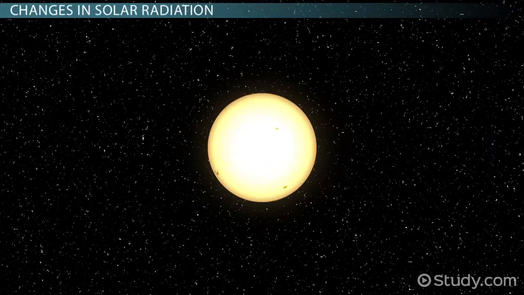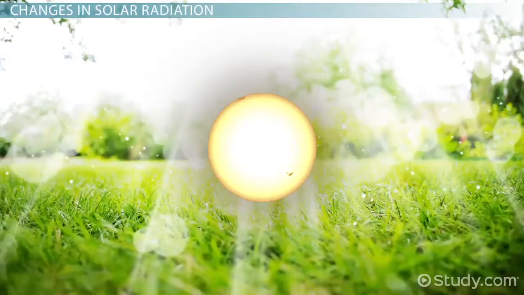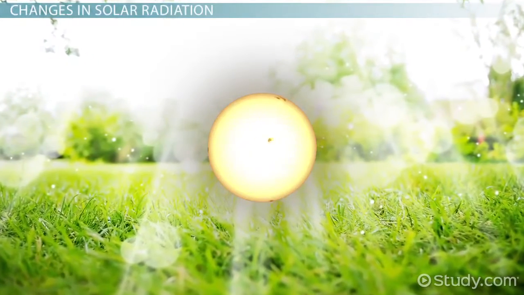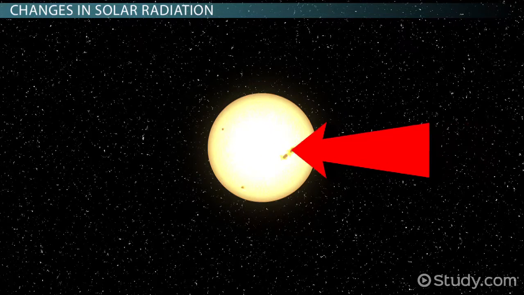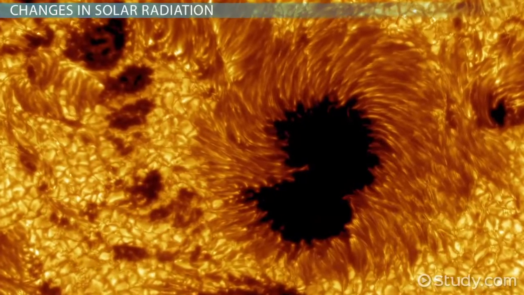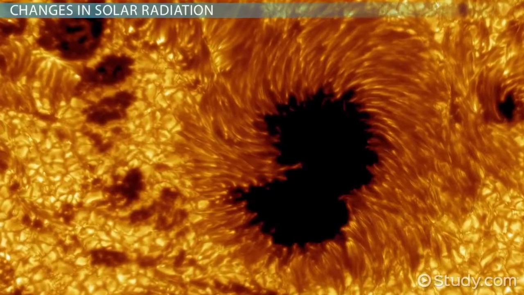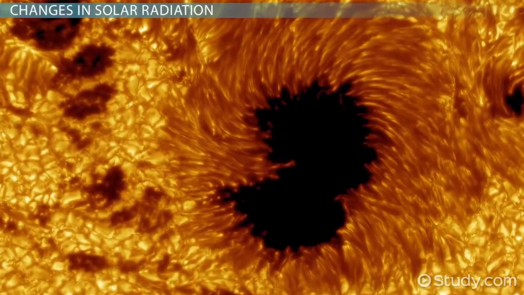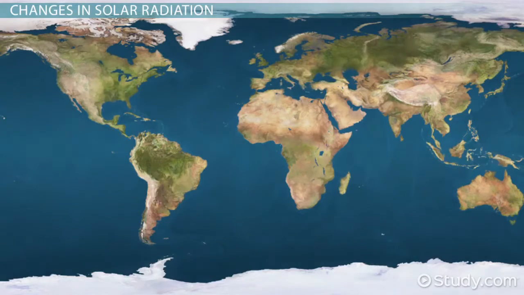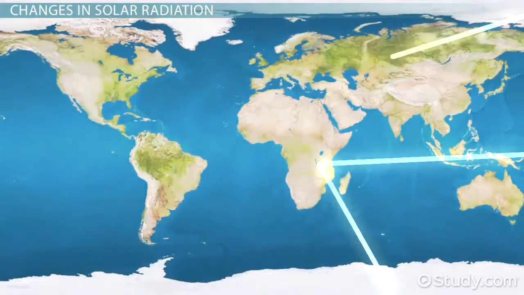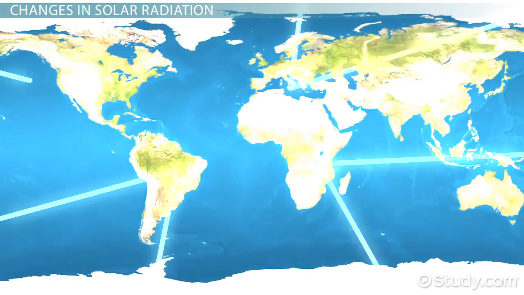Just as the Earth experiences periodic changes, so does the Sun. And these changes in the Sun can lead to climate changes on Earth. A sunspot is, just like it sounds, a dark spot that sometimes appears on the Sun's surface. Sunspots are the result of concentrations of the Sun's magnetic field. This results in cooler surface temperatures and thus a darker color. The increased magnetic activity of sunspots leads to greater solar radiation hitting the surface of our planet. Thus, high sunspot activity is associated with warmer climates on the surface of the Earth.